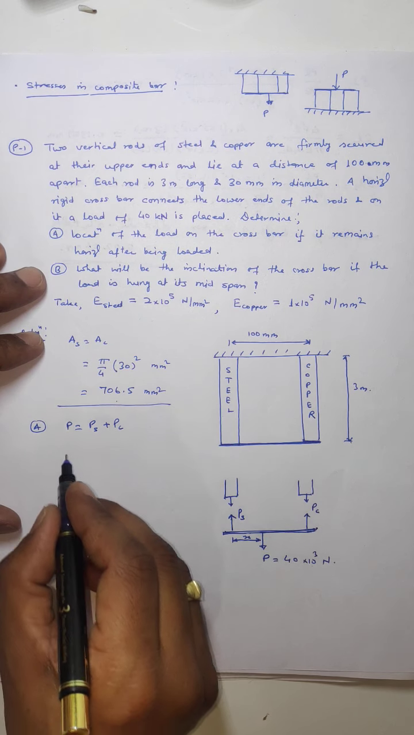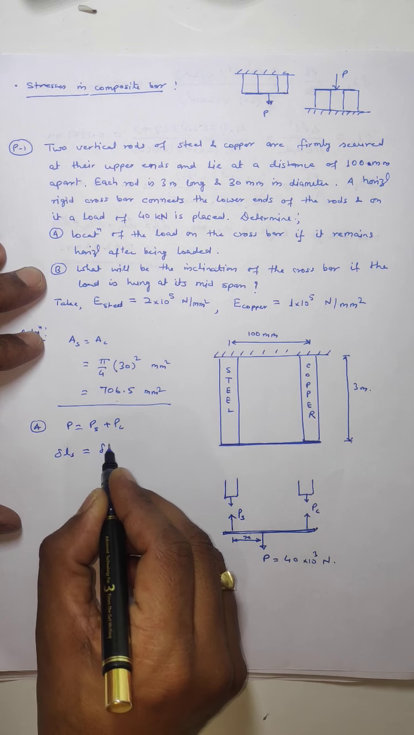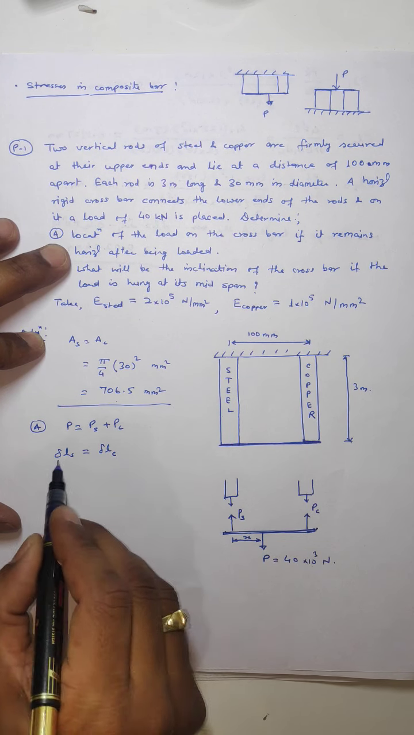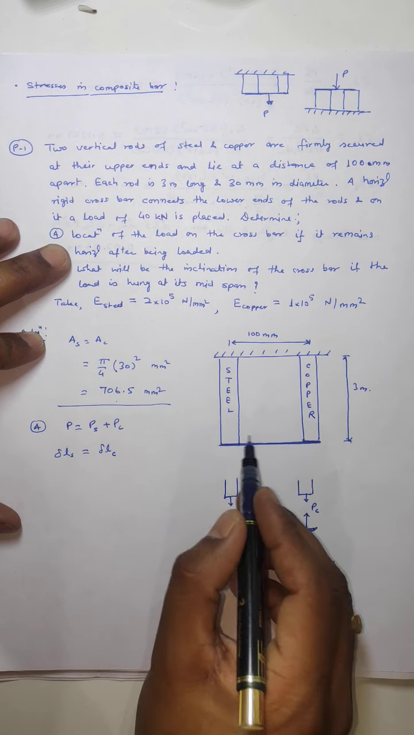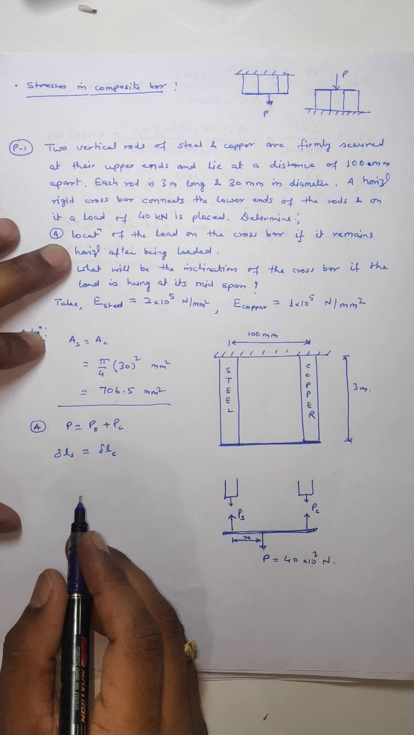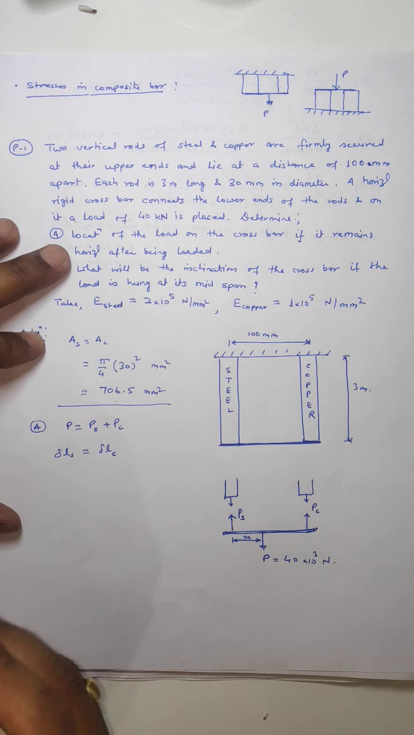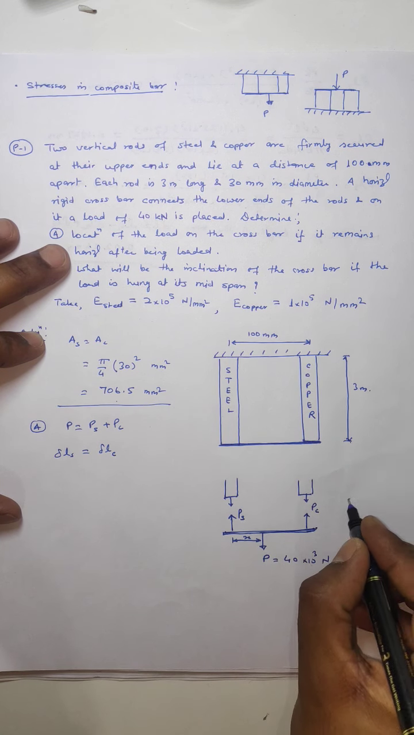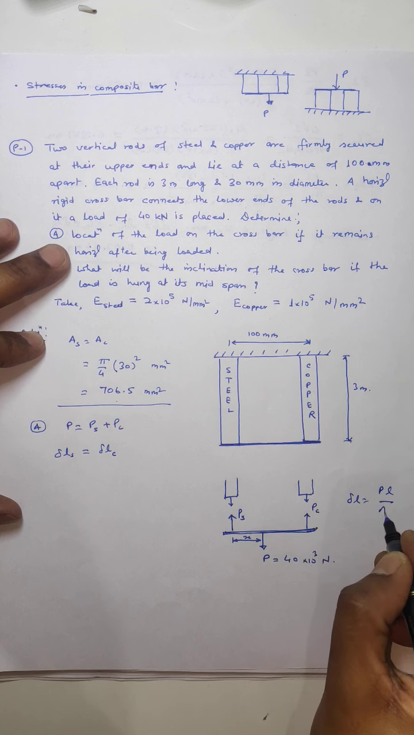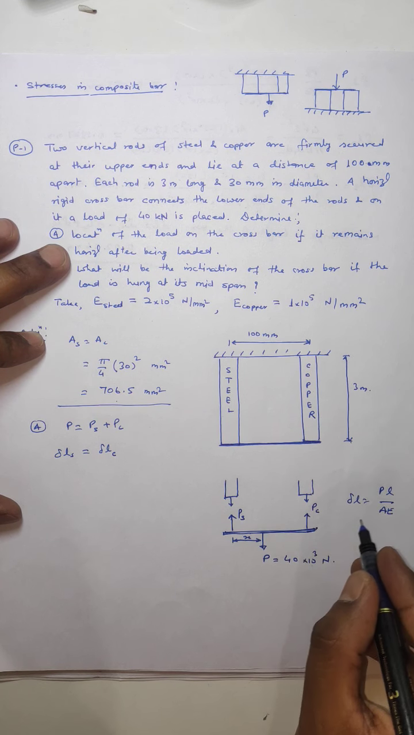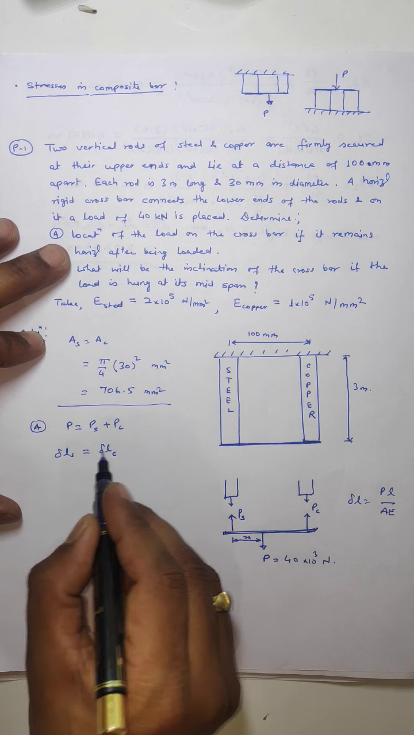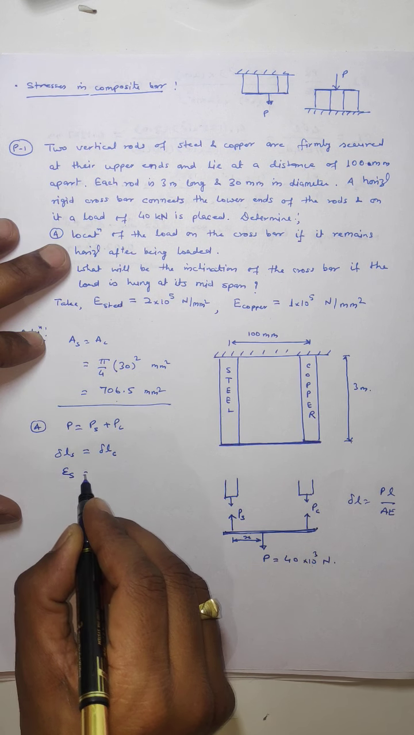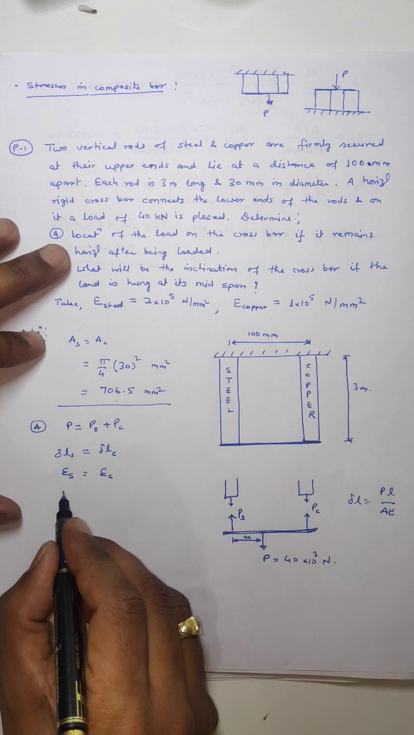First thing. Second thing, elongation del L of steel should be equal to del L of copper to meet the first condition, that it remains horizontal after being loaded. It is only possible when elongation in both the rods will be equal. Del L of copper should be equal to del L of steel. Right. Now from here we can say that del L is equal to PL over AE, or in a more simple way, because initial length is the same, we can say strain in steel should be equal to strain in copper, and strain is